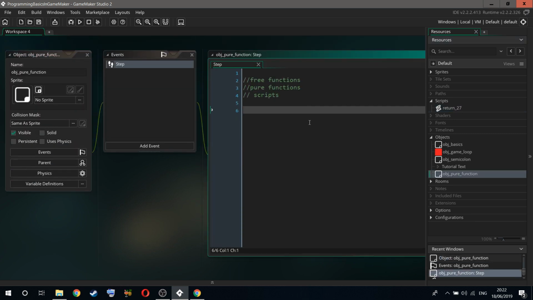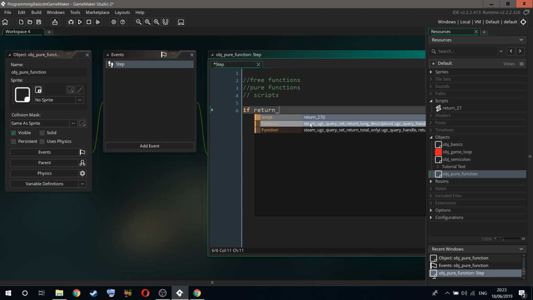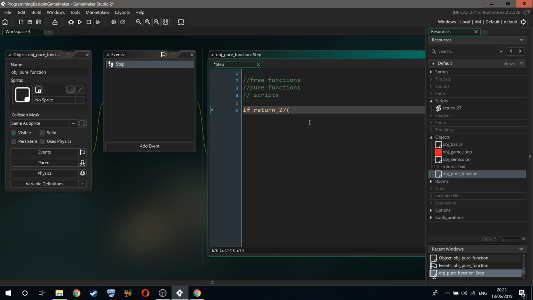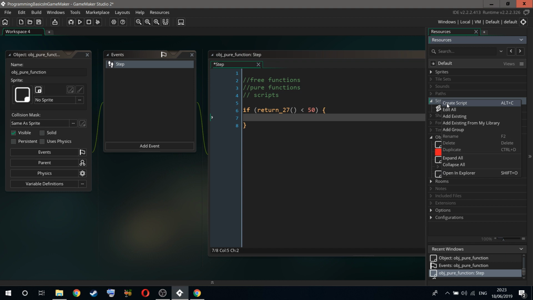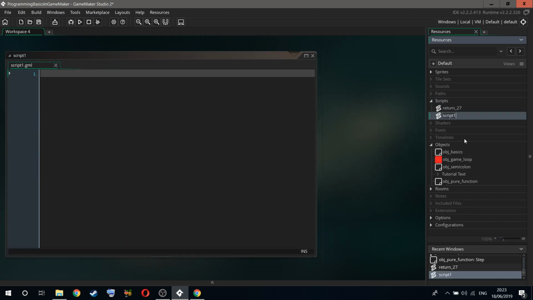So let's say we do, oops, sorry, if return 27 is smaller than 50, you could have another function that is basically